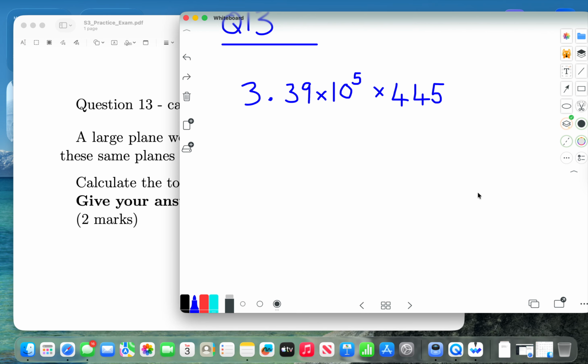So what I'm going to do is multiply the 3.39 and the 445. Let's multiply both of them. Plug this into the calculator and we get